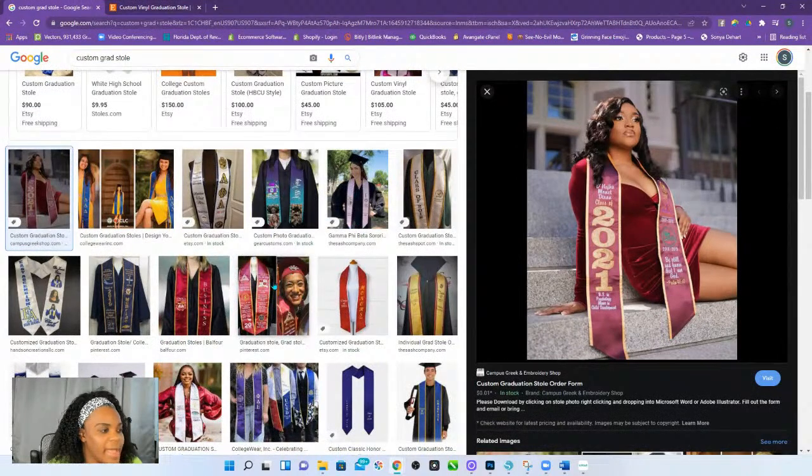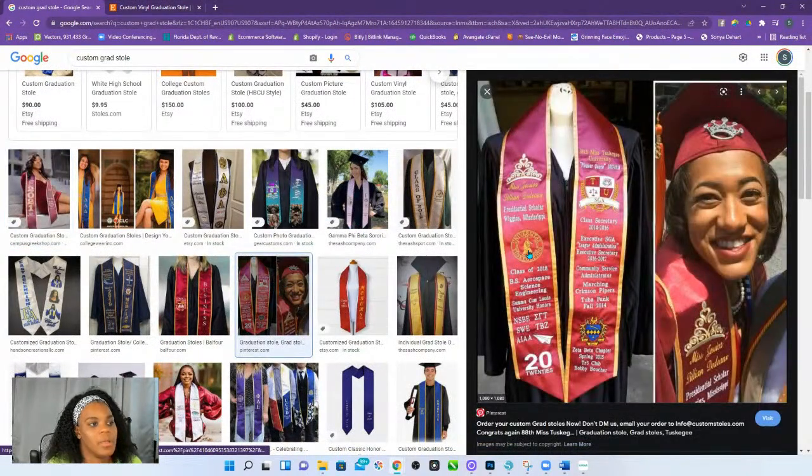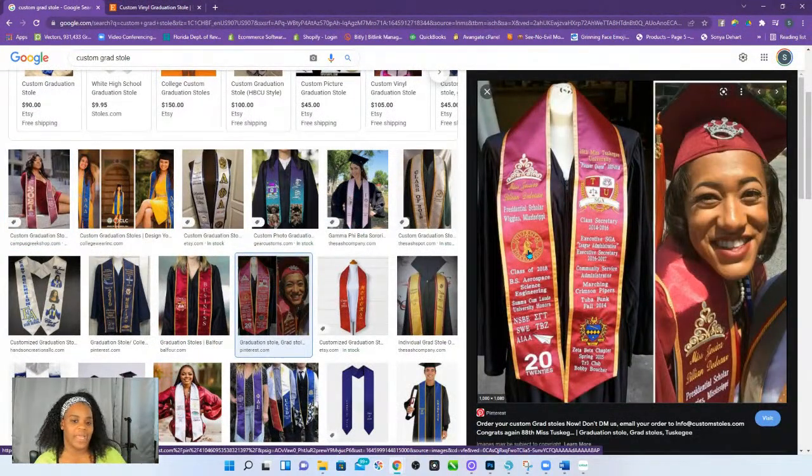But when you look at a lot of them, these were traditionally made with embroidery, because it does look nice. It lasts. Some people are worried about vinyl, but I've done them with vinyl before, and I've done them with sublimation, and they love them. I have some with sublimation that have pictures, some that don't. Have you looked at the fact that the majority of these are just text and no images?